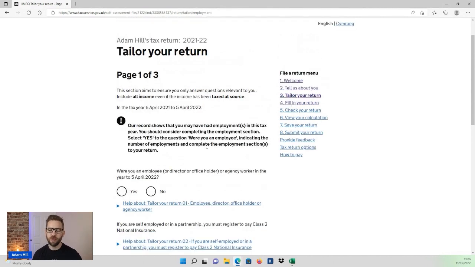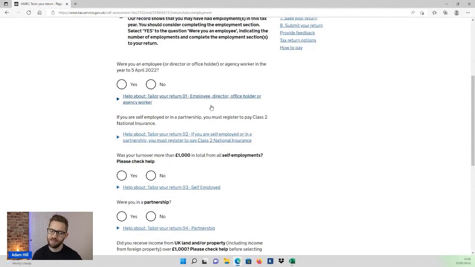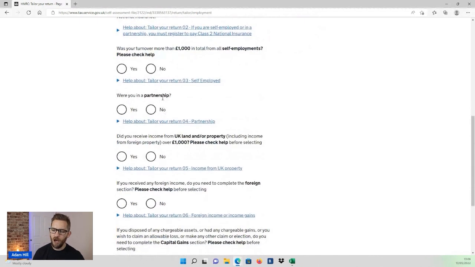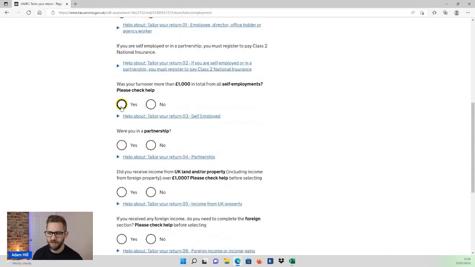Now, the first entry that you actually need to make comes when you're tailoring your return on page 1 of 3. You can see here it's asking us questions to identify what types of income we have. So if you were an employee as well, as in you had PAYE employment where you get paid every week or maybe every month and you get a pay slip for that, then you would tell them at the top here. In our example, I'm going to say no. Self-employment or CIS workers fall under self-employment. So if that's your only source of income, you would